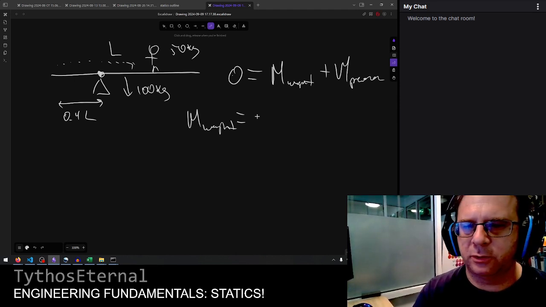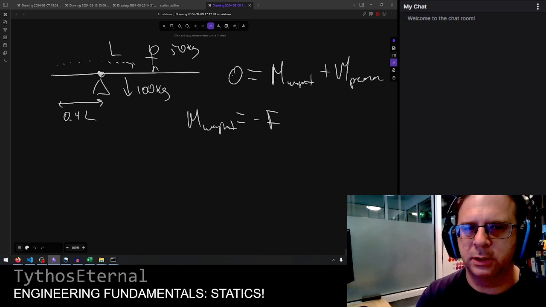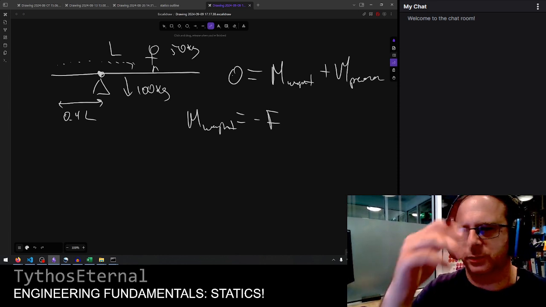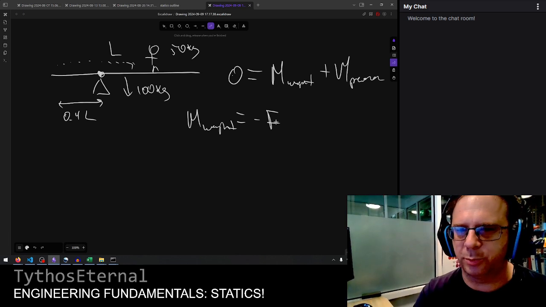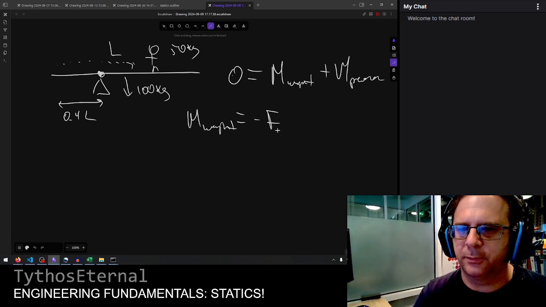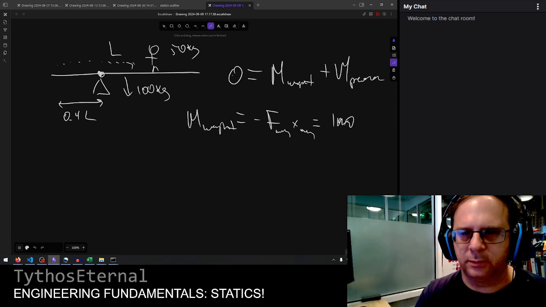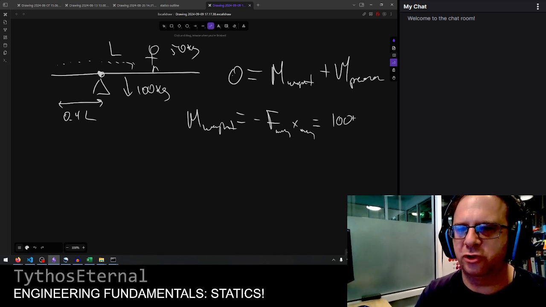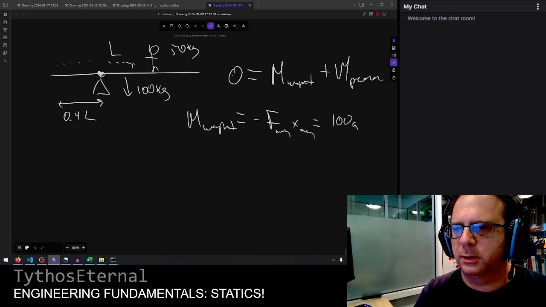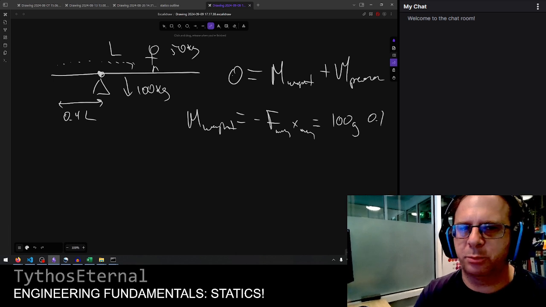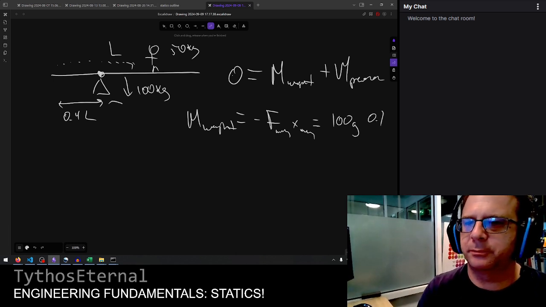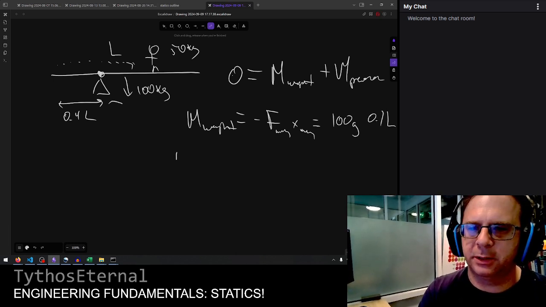So there is some moment from the weight, and since it's balanced and level, we don't have to worry about the angle of the cross product, it's perpendicular. There is some force from the weight, and there's some relative displacement from the weight. So that's 100 kilograms. Technically it's a weight, so it's 100 times G, right? And that's 0.1 of the length to the left. And then from the person,